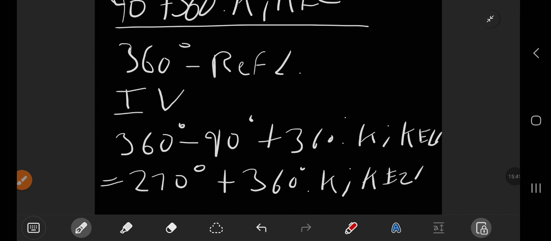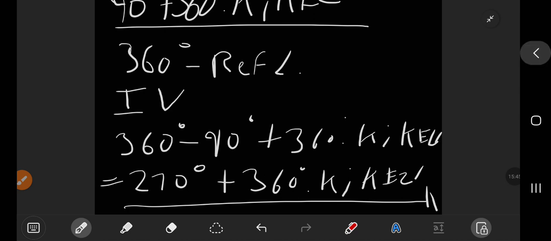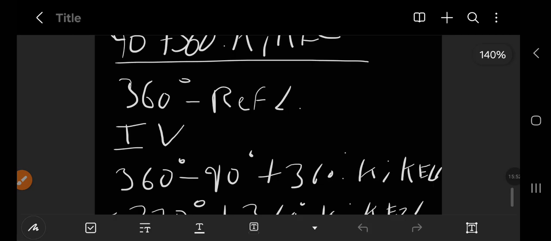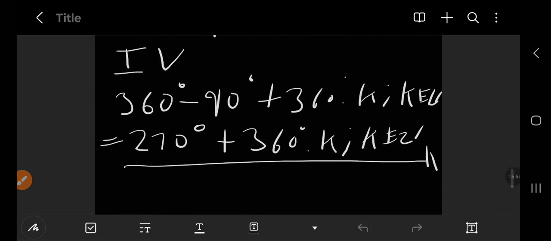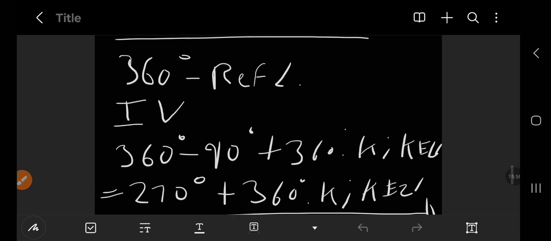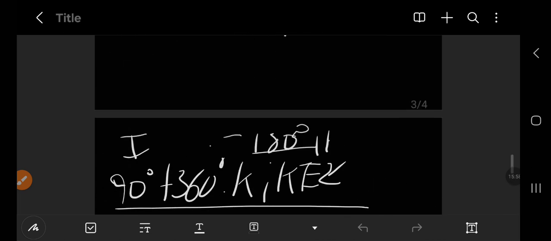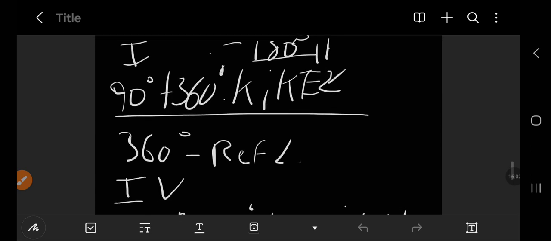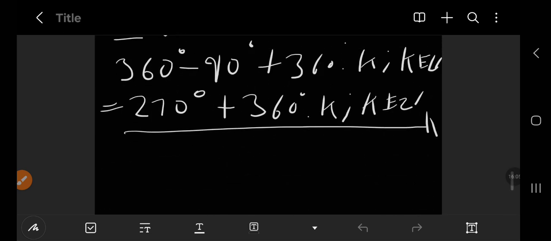And these are the general solutions for the cos theta part, because you know that cos x is positive in the fourth quadrant and also in the first quadrant. So these are your answers, right? 90 degrees plus 360 and 270 plus 360. And then remember, we're not done. We still have to do